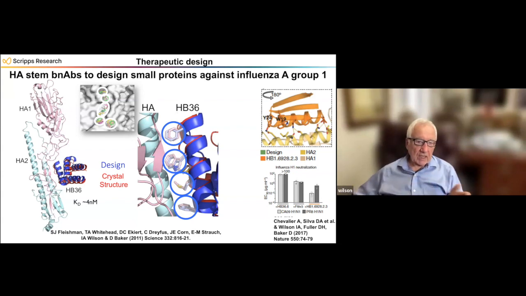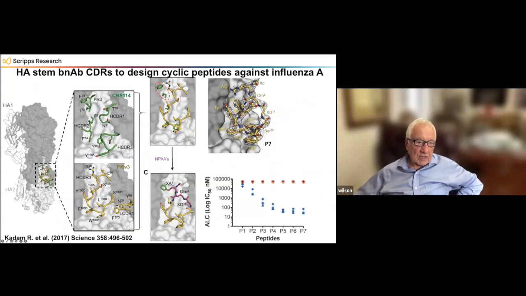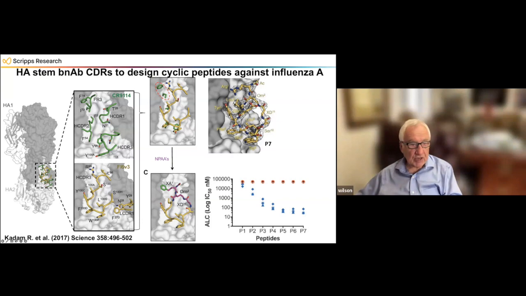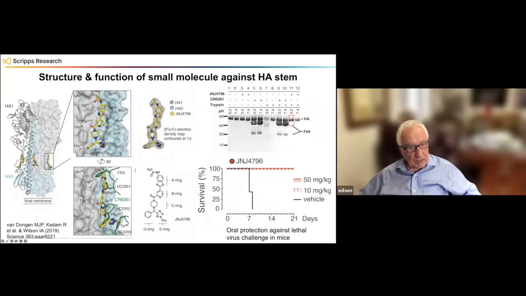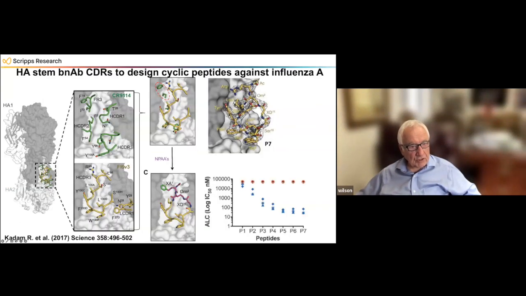So we thought, well, okay, if you can go out and design a small protein, what about designing a peptide? So we looked at different antibodies. These are two different antibodies. This is the one from Antonio. This is the one that we worked on with Crucell. And if we're going to design a cyclic peptide, we want sort of a more continuous stretch of amino acids. So this looked like a pretty good template.